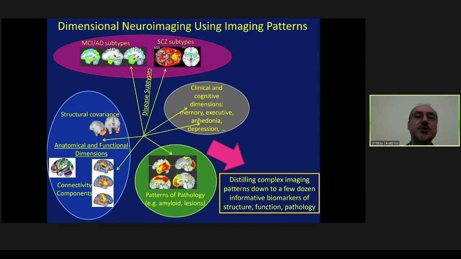So I would like to close here with just mentioning that machine learning is a powerful tool. It requires a lot of data to be useful and lead to reproducible models. And even though typically people think of machine learning as a black box that gives you the right answer for, say, classifying disease or predicting progression, I also find it useful in a different way, which I think has become very important, and it leads towards dimensional neuroimaging.